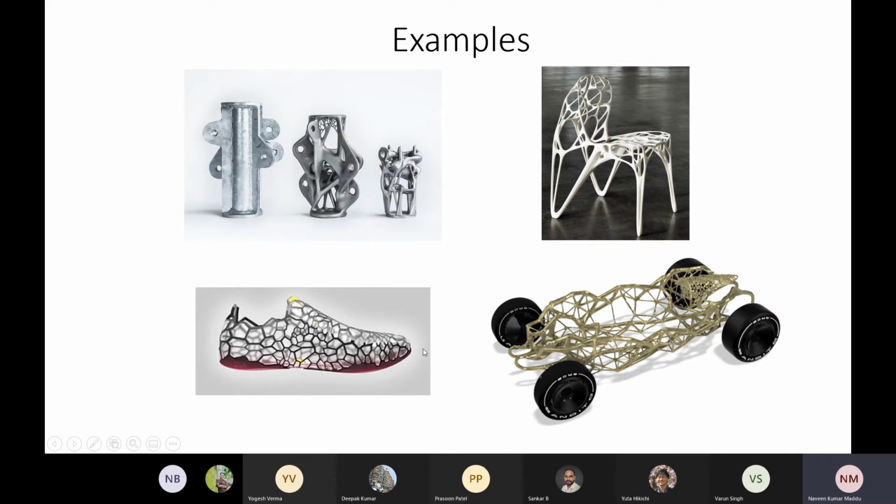And of course, you can see running shoes, right? You have to have different patterns here, so it might be good for your flexibility when you're running, and it will give you a cushioning effect. We don't know. So these are the constraints. It has to reduce its weight. You have to have a light weight on your foot. So this is a different design that has been generated by generative design modeling. And this is the car chassis. This also has a frame structure. These are all small trusses that are connected, and obviously this also has been generated by generative design modeling.